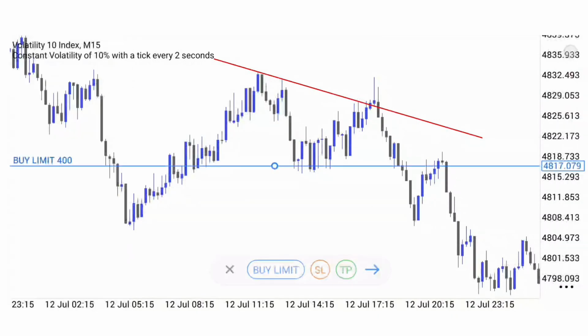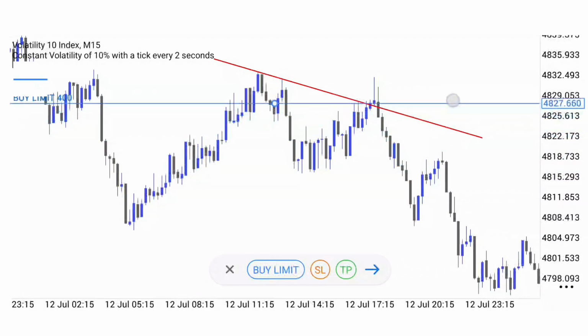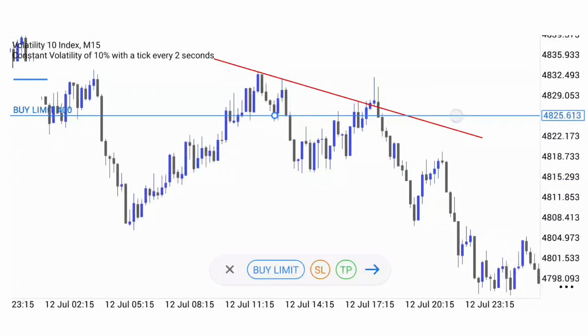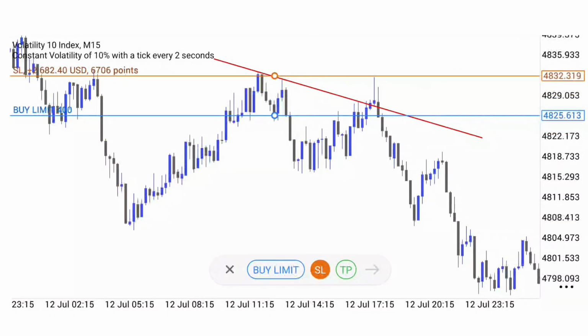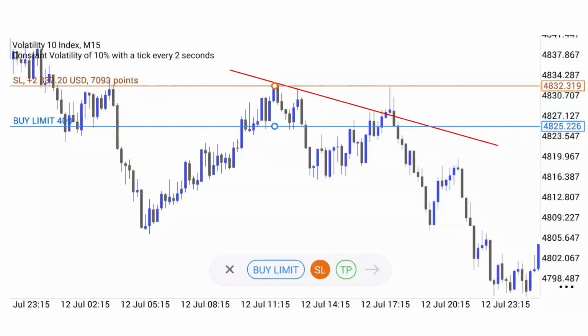So right here you can trade the market. All you have to do is just enter the trade when you see the engulfing candle, and place your stop loss at the top there. Look at it there, guys. Look at your stop loss there. Place your take profit target